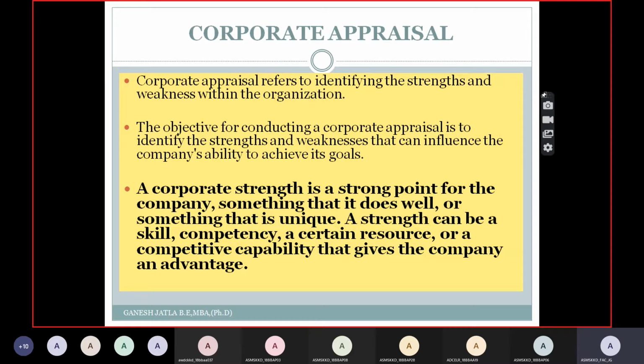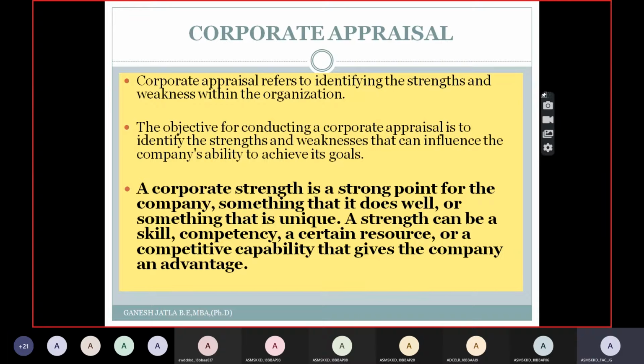So as we know that you people are familiar with performance appraisal. So what is a performance appraisal generally? You are appraising the individual performance such that you can give him a reward or a particular promotion or demotion or a training. So this particular aspect of decisions can be taken when you understand how a person is working in the organization, what is his key strengths and what is his weaknesses, so you can give training to overcome his weaknesses. Likewise, if you conduct the appraisal for the organization or your firm, then we simply call it as a corporate appraisal. So corporate appraisal refers to identifying the strengths, weaknesses within the organization.